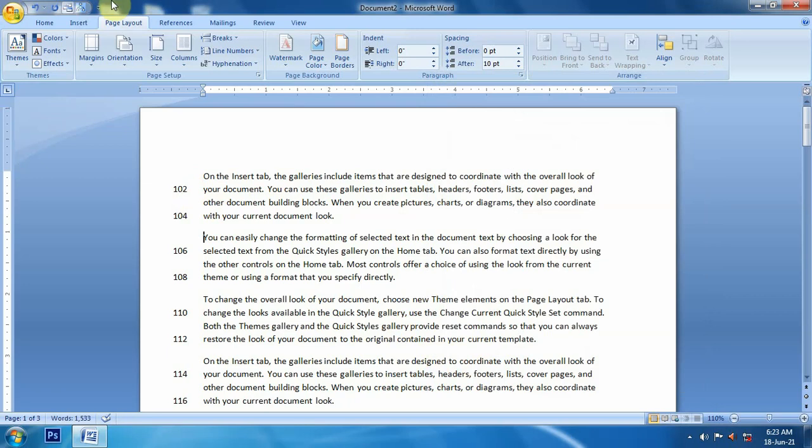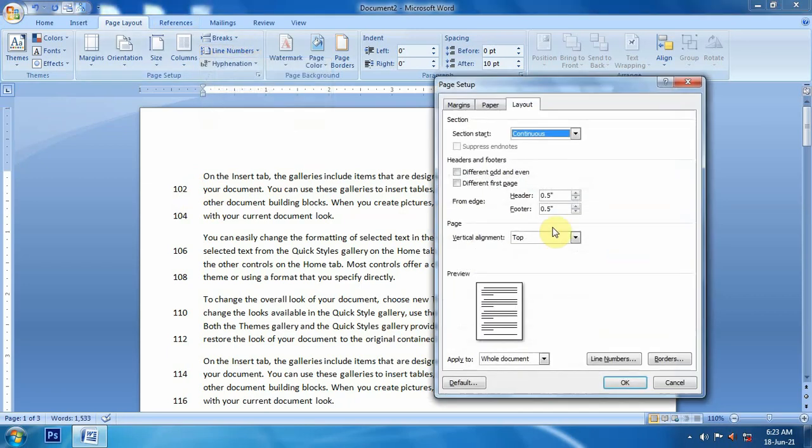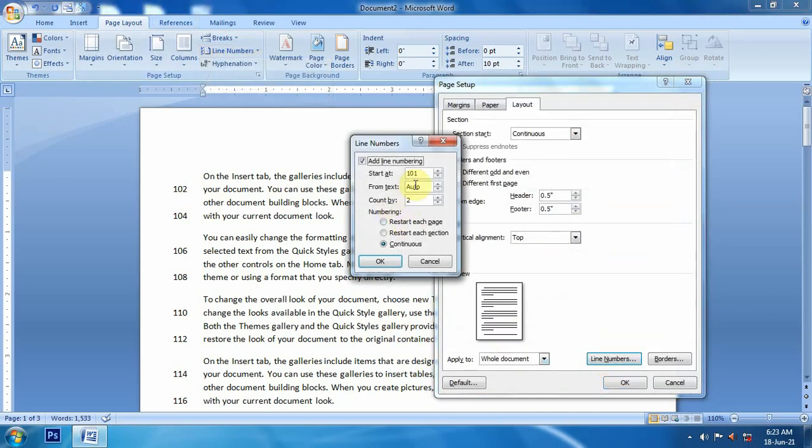So this is the use of the count by option. If you keep it 1 and keep it again 1, every line numbering will start from 1 and count by is also 1, means after 1 the second line will be 2 and the third line will be 3.